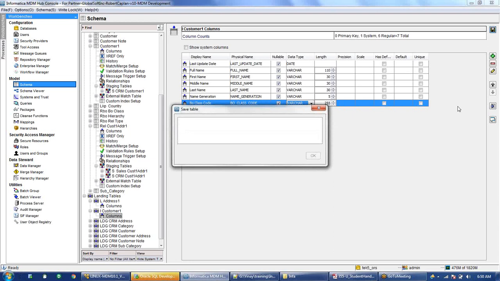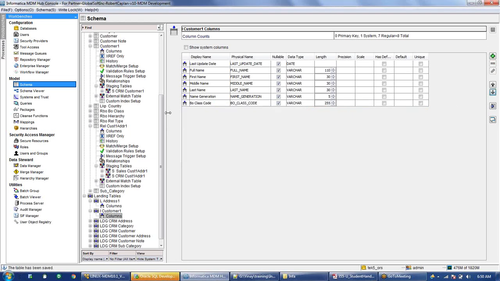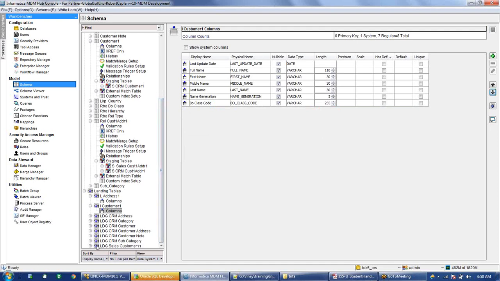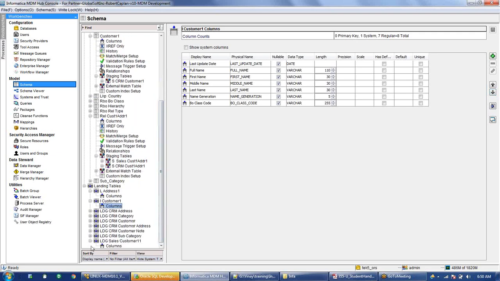And finally, the relationship table, where we have to add two columns. The relationship table somehow is deleted here. Okay, no problem.